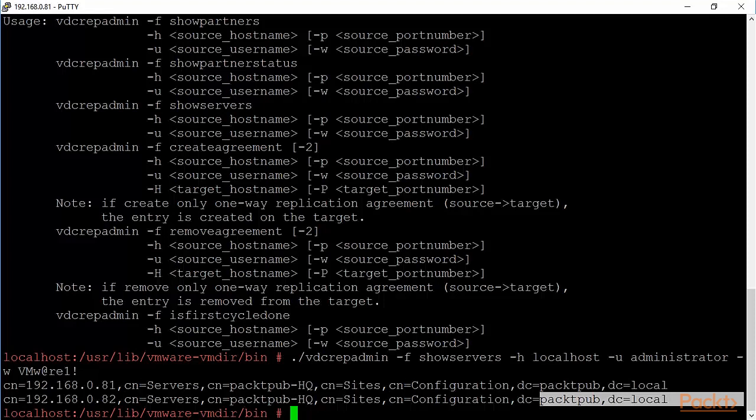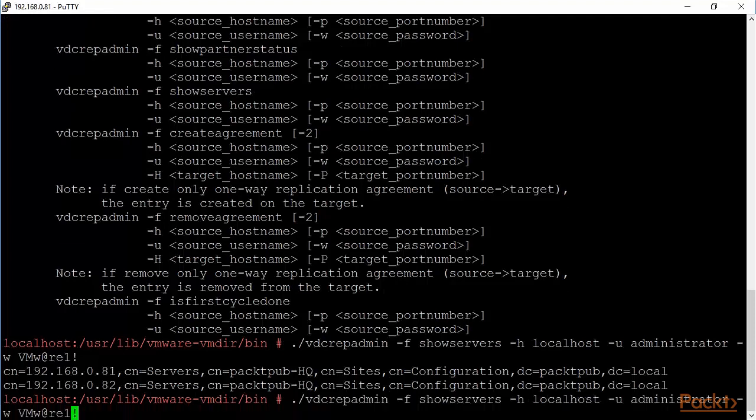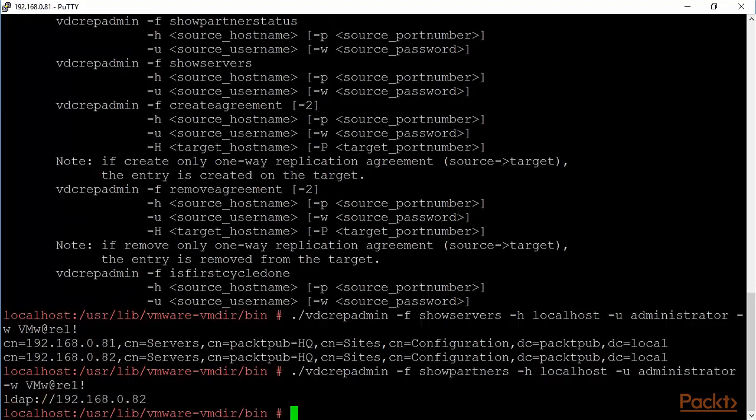Now we can show the partners here as well. Now remember, the other platform services controller at this point is not powered on. So instead of showservers, we'll showpartners. And it knows about the other partner, even though it's not powered on at this point in time. At some point in time, they did actually communicate. So really, what this is meant to show you is the fact that there are many interesting CLIs in here,